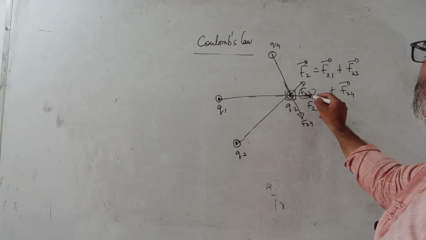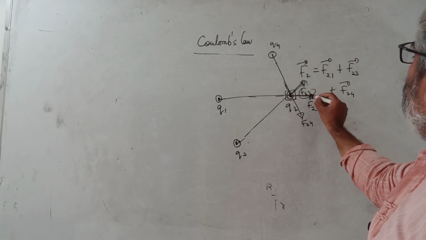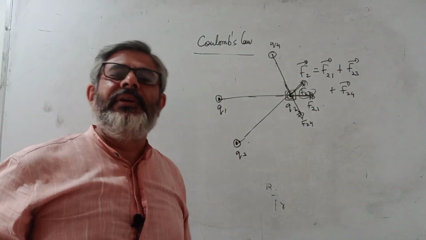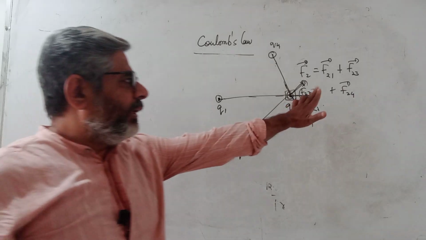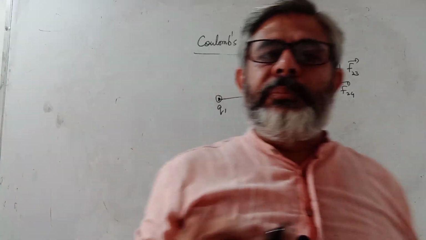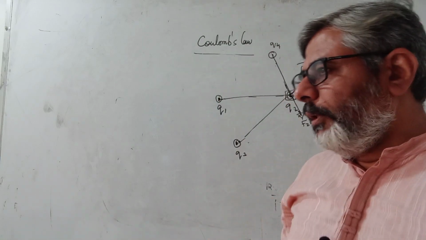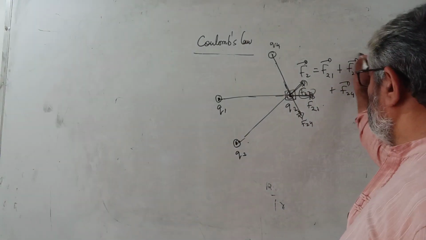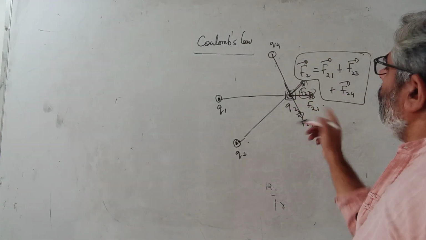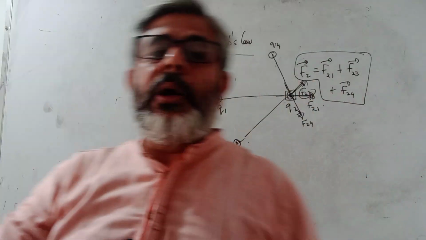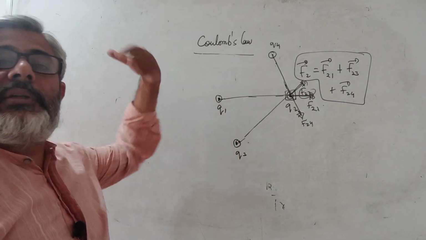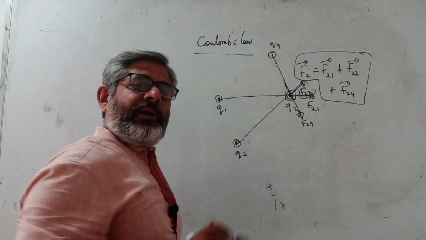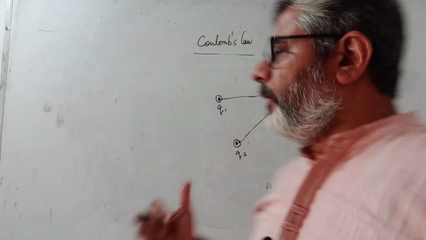Now these are three vectors, you can see carefully, this vector and this vector. So the vector sum of all these forces gives you the resultant force on this. So that we don't go into much details, we will see it when we deal with some practical problems in electrostatics. When I solve problems on electrostatics, then I will explain how we use that. But for now, you should remember that it is the vector sum of all the forces due to all the surrounding charges. Even if there are n charges, 100 charges, each of these charges will be exerting a force on this. We will find the vector sum of all these forces and see the resultant Coulombic force.